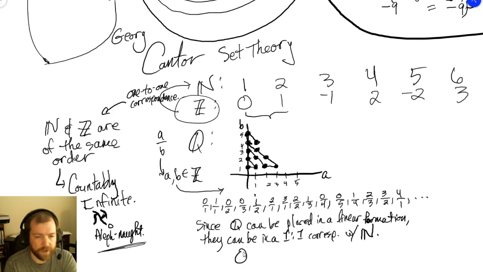So this also meant that the rationals are going to belong to Aleph naught as well. Oh man. So this means that the rationals are going to belong to the same Aleph naught, just the same as the